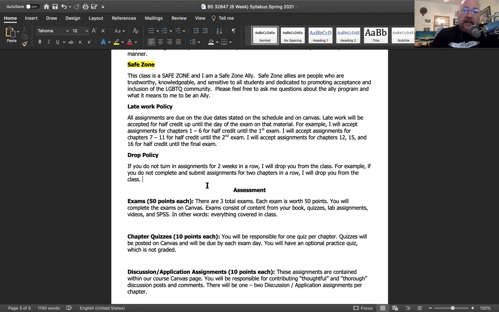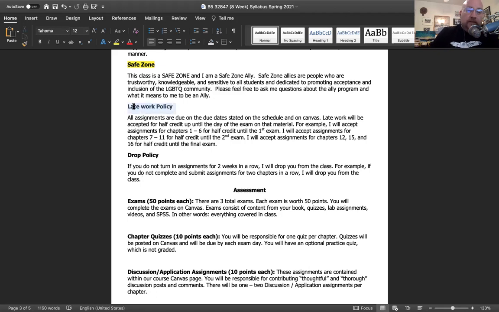But to be a safe zone ally also means that I have information. So if you are of the community or are curious about the community, and by the community, I mean the LGBTQ plus community, you can contact me. I can put you into contact with people who can help you out, right? If you're looking for specific services or you just have questions, I'm a safe person that you can talk to, and I won't judge you. It seems strange to go through training for that. It's kind of like I would do that anyway. But now, you know, I can say it is official.